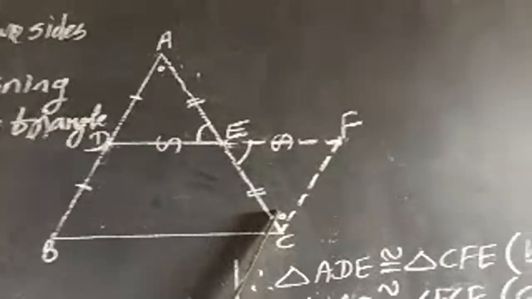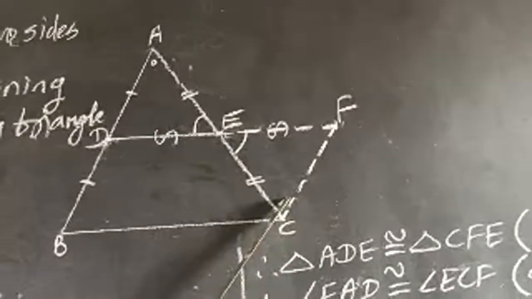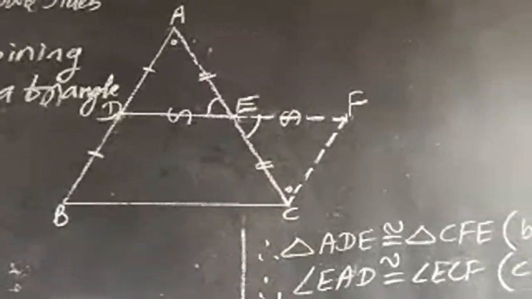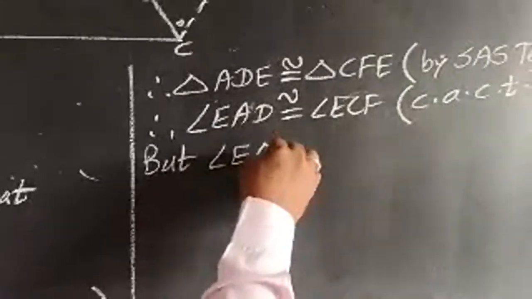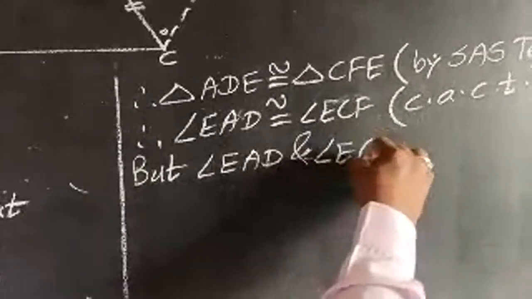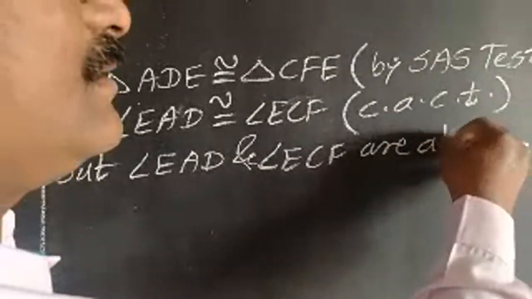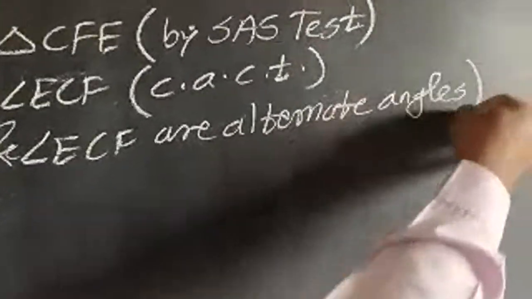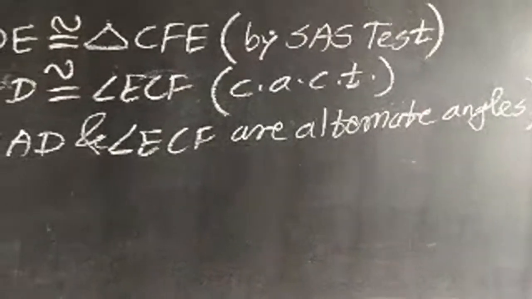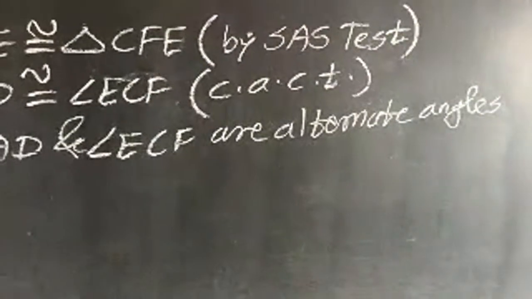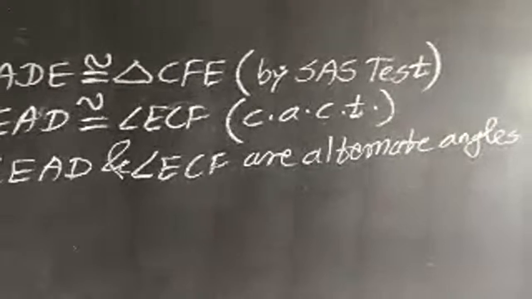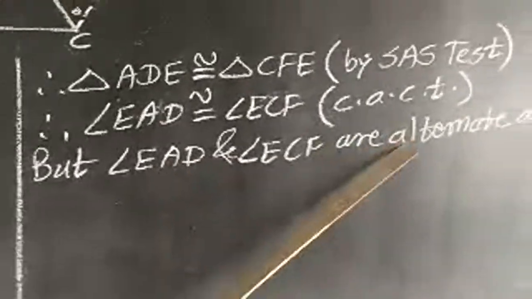But what do we say about these angles? These are alternate angles. Angle EAD and angle ECF are alternate angles. And when alternate angles are congruent, then what do we write as the conclusion? If alternate angles are congruent,